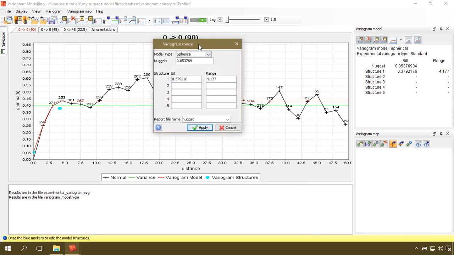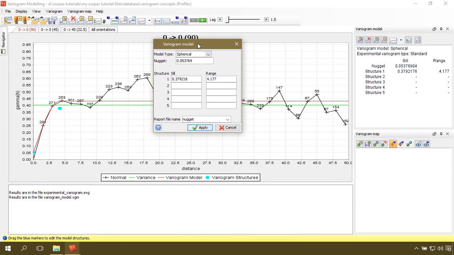And the very moment I click on that icon, variogram report, you see that the model type is indicated here as spherical. The nugget value is indicated here 0.0537, the same thing here. And the number of structures, remember we have only one structure, so it has been indicated here. The sill and the range values are indicated here. If we had more than one structure, the rest of the values will fill up here. And you can give a name for your report. Let's say nugget value, or simply nugget. Okay, so we can call this